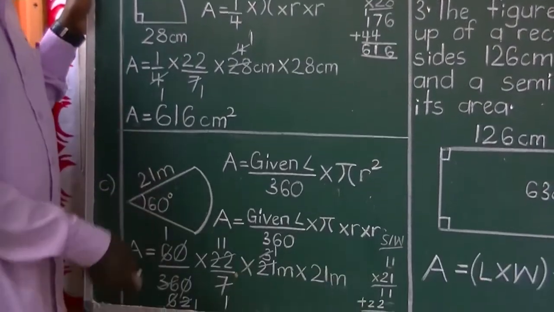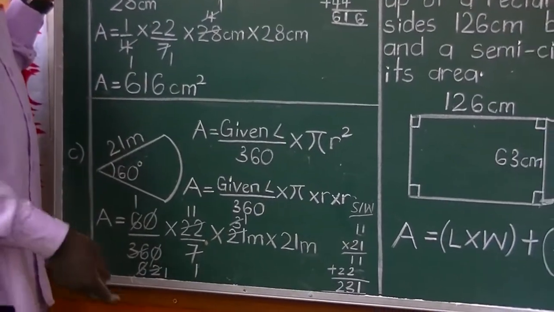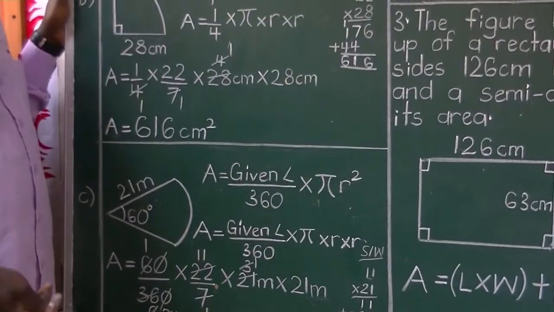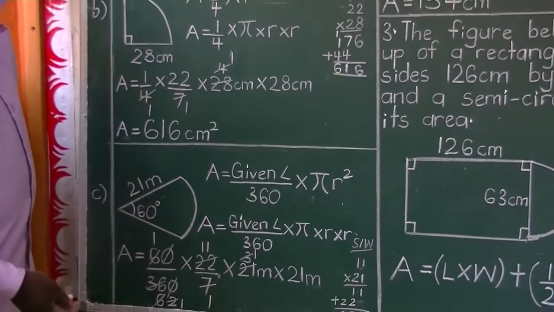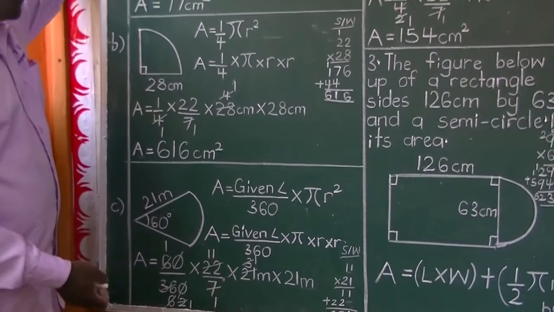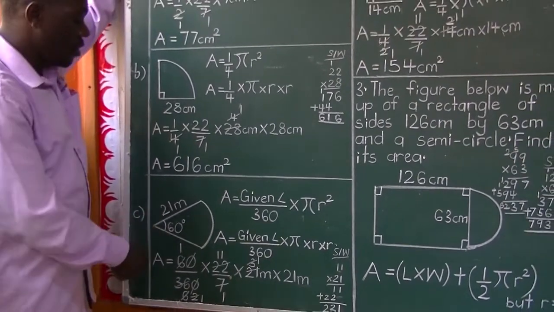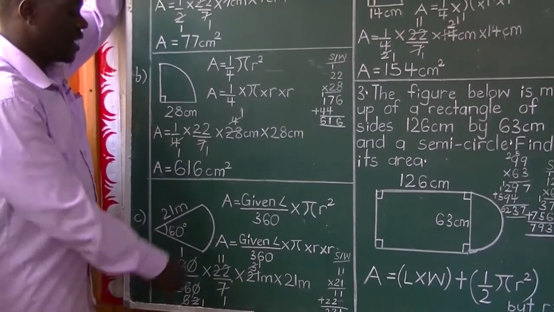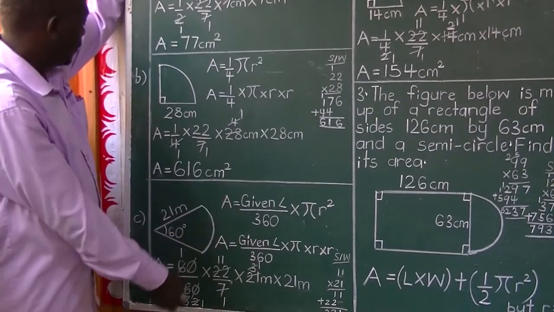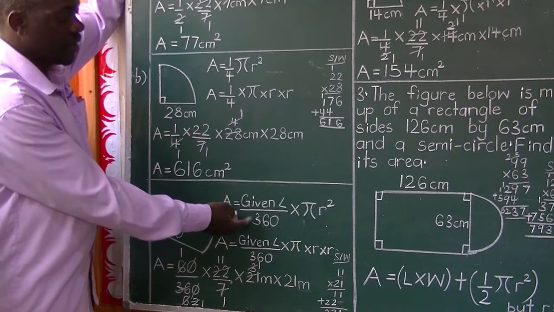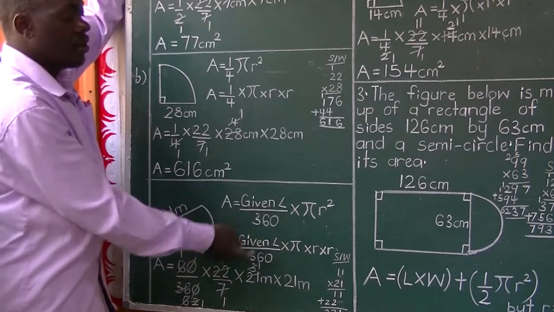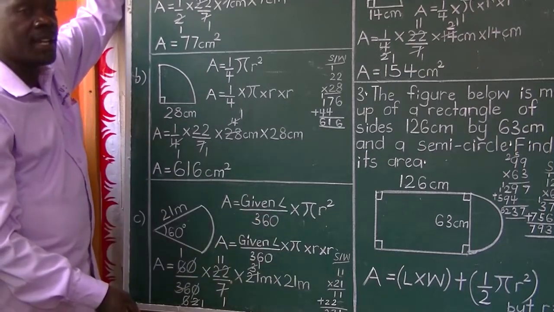This is a circle sector like these two are, only that these two have got names: that is a semicircle and a quadrant respectively. Now this one doesn't have a name, we just have to use the angle given. They will always give us the angle. That's why we say the area of any circle sector without a name is found by this formula: given angle out of 360 times pi r squared.